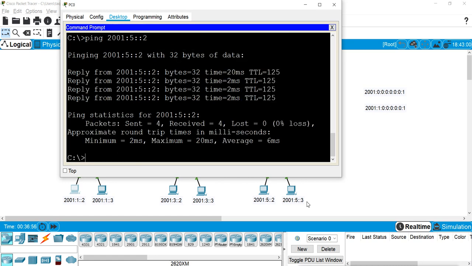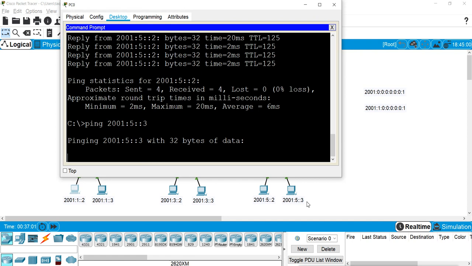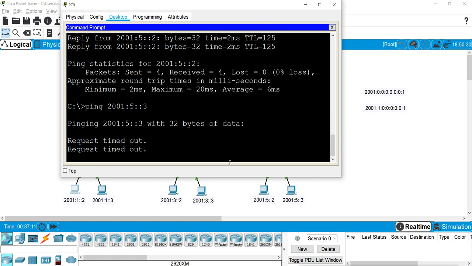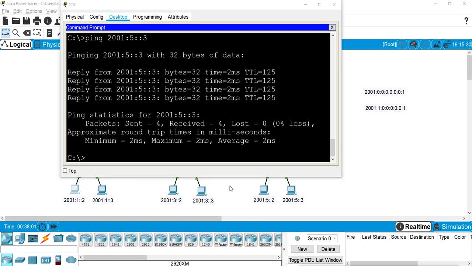Because now our router knows where these networks are and how to reach them. Now this is what static routing is.